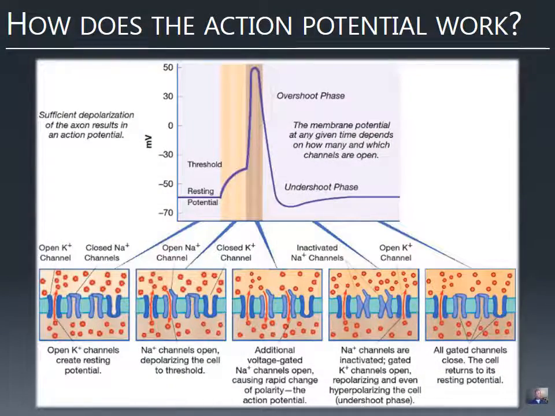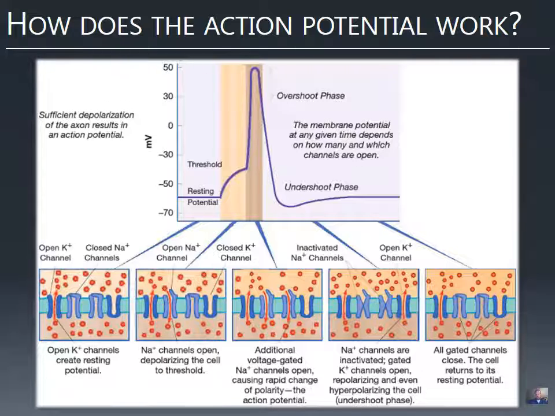Okay, so we've already mentioned action potentials, which are just electrical impulses that the neuron uses to transmit information. And we just talked about all the ions that are in and around a neuron. Now, as it turns out, for the action potential, really only two of these are important, and those are sodium and potassium.